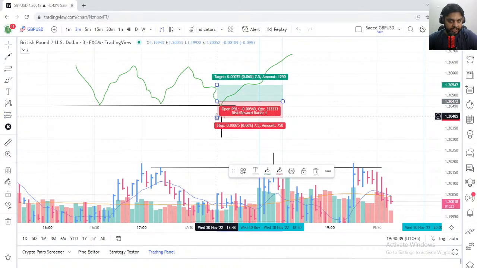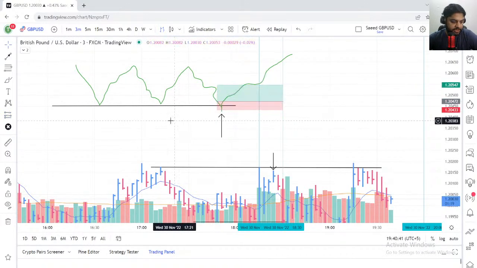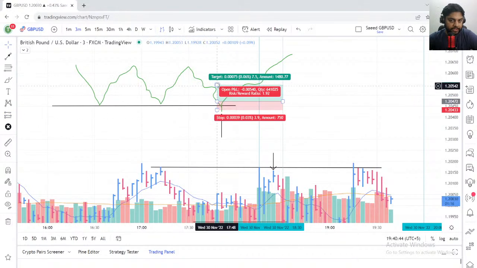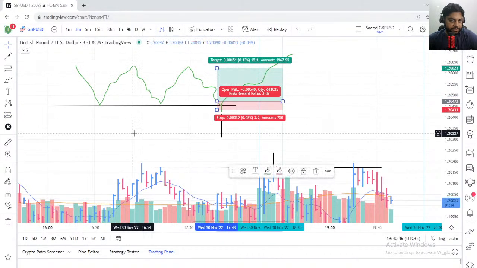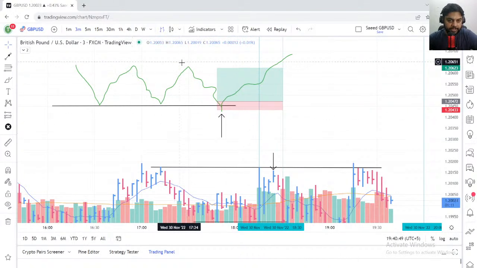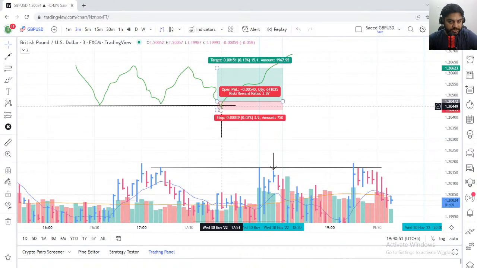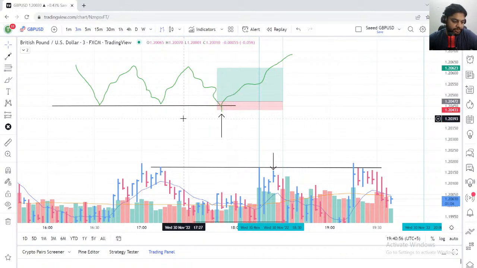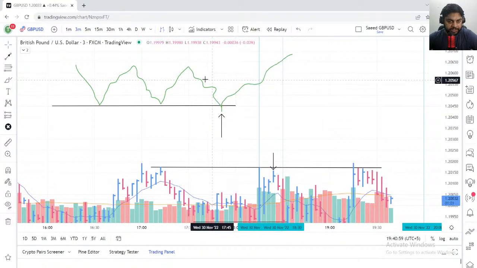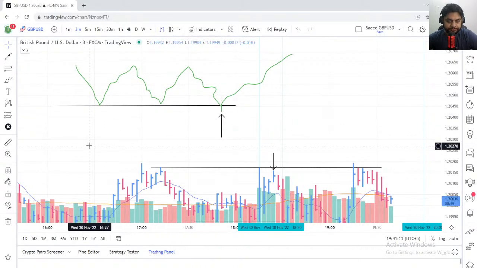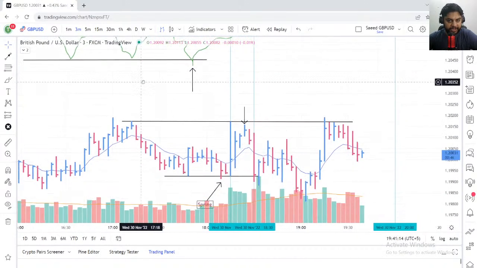So they will buy here and they'll put their stop loss around this level, and then they will probably put their TP around this level. So when the market goes down, dips below the support level, the stop loss of these people will be triggered, right? So the market dips below the support level just to do what? Just to trigger the stop losses of the people who have put them around this level. And this point is called a spring.